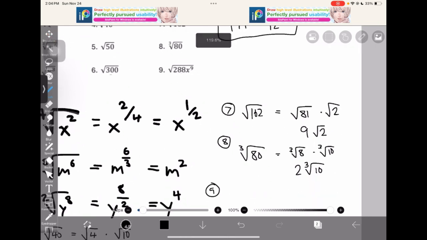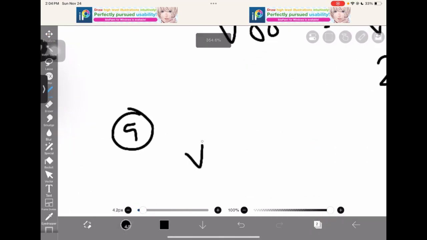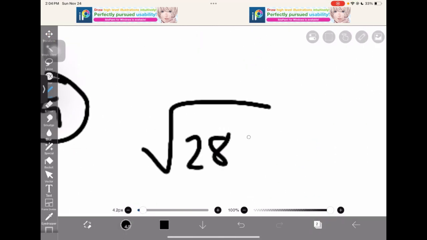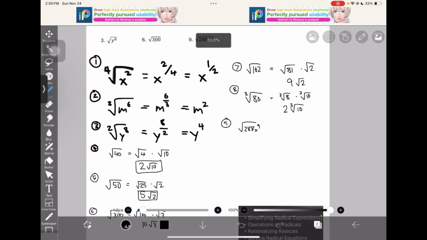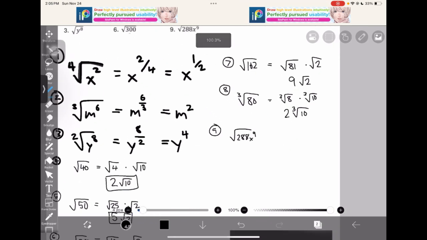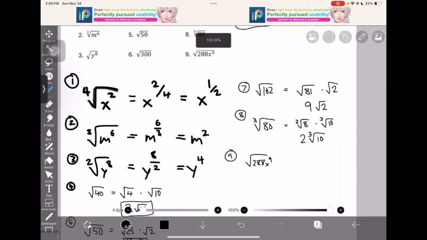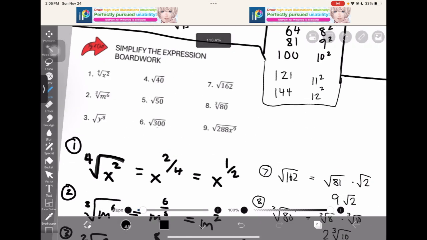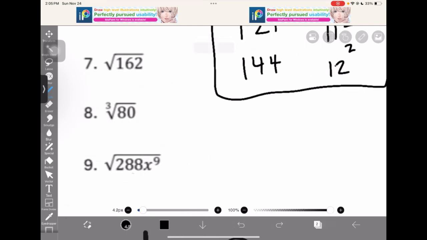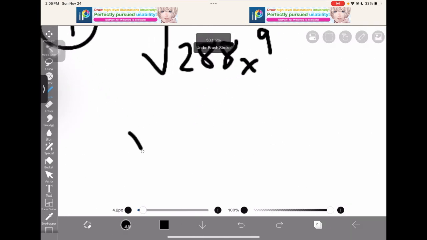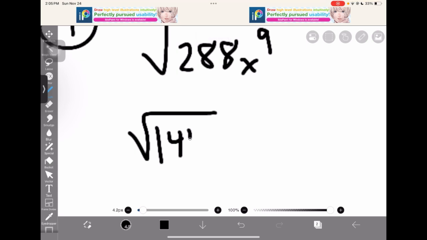So let me just fix this up real quick. There. So square root of 288x to the 9th power. Well, how do we do this? First and foremost, we can obviously take out 144, because this is just a factor of 144, if you haven't told already. It's good to see. So it's just going to be 144 and